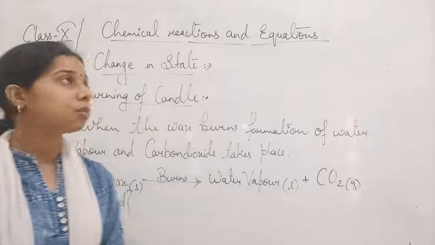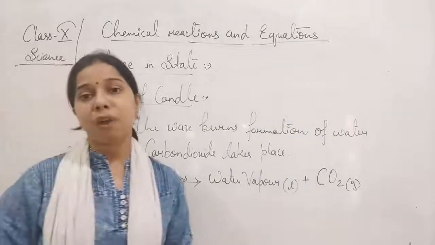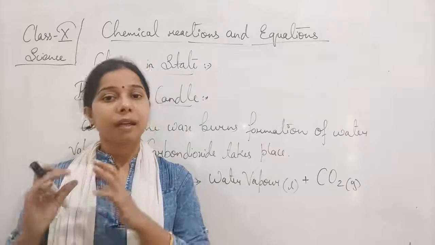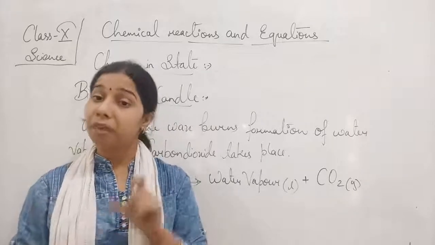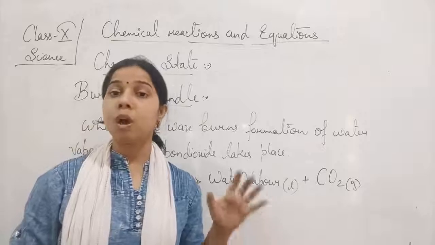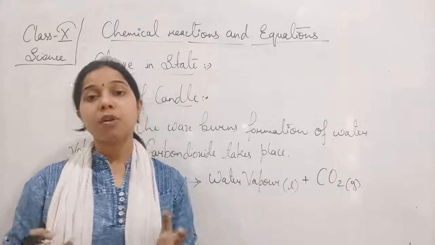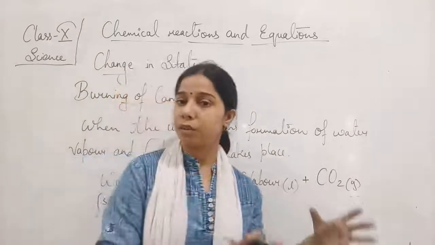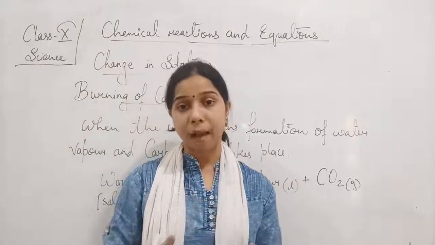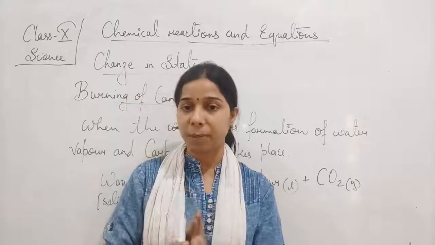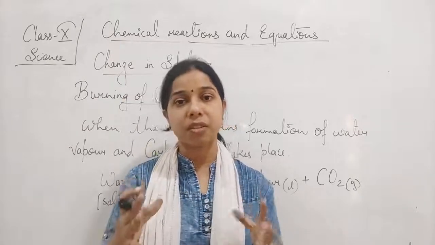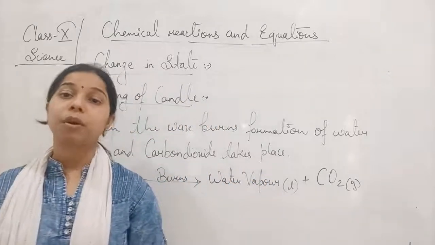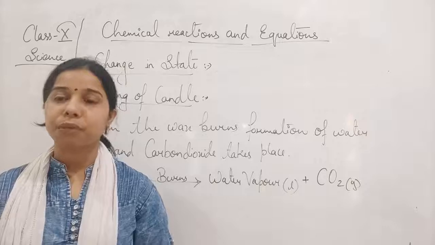So this is the example of the changing state. Changing state means the conversion of the reactant from one state to another when the product is formed. So the state of the reactant is different from the state of the product. This happens as the chemical reaction takes place, and due to which there is a change in the state itself. Okay, so I hope you all have understood the different characteristics of the chemical reaction.